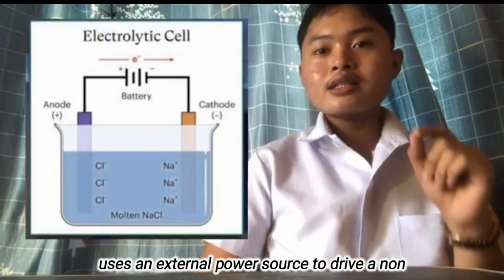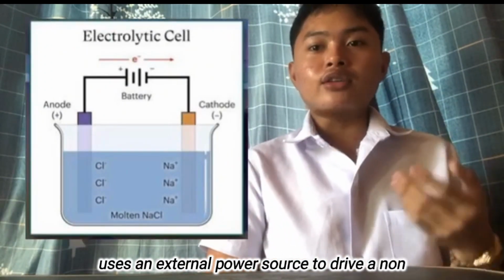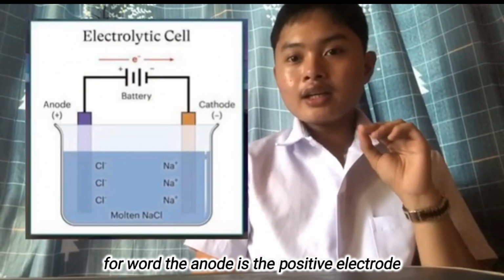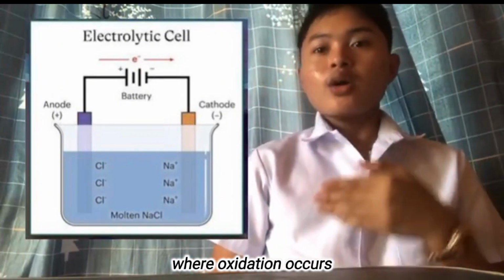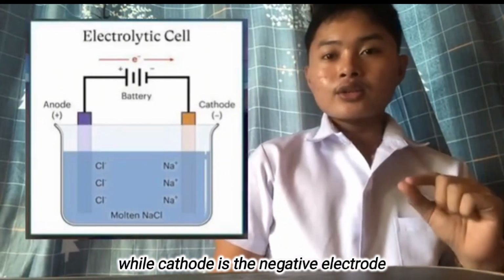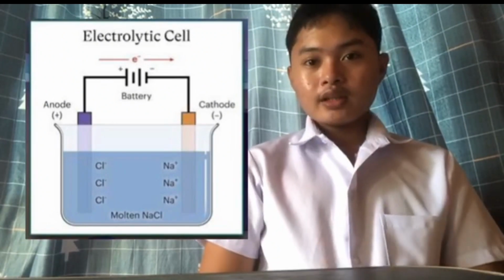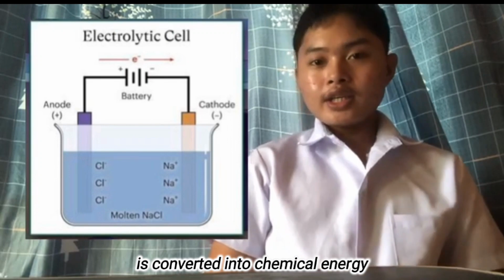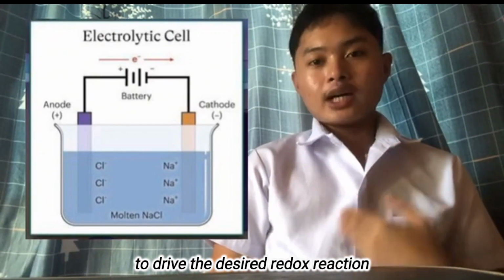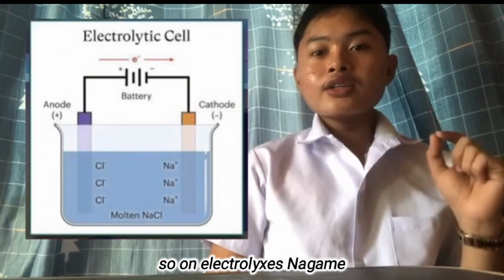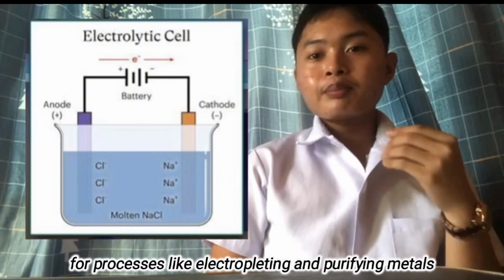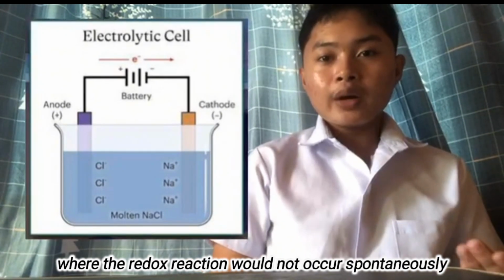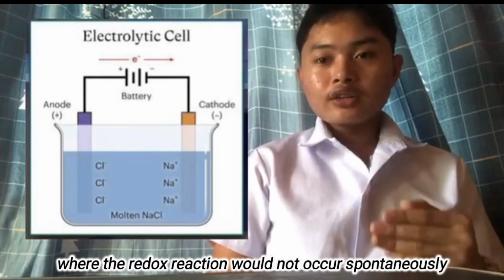Electrolytic cells use an external power source to drive a non-spontaneous redox reaction forward. So the anode is the positive electrode where oxidation occurs, while the cathode is the negative electrode where reduction occurs. The electric energy from the power source is converted into chemical energy to drive the desired redox reaction. So electrolytic cells are used for processes like electroplating and purifying metals, where the redox reaction would not occur